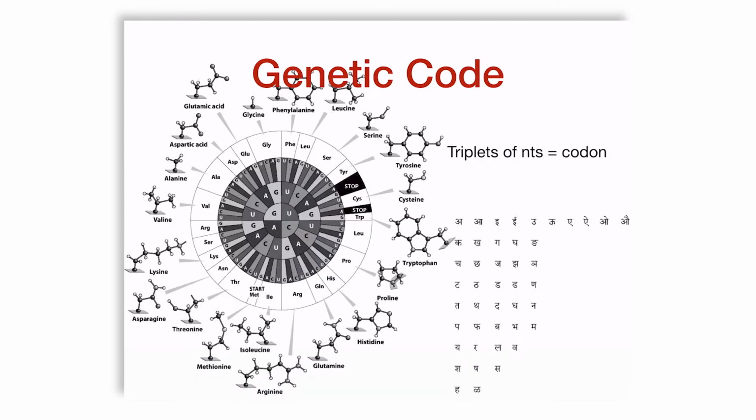The amino acids are connected to the genetic code through this beautiful representation, the codon table. As we go from inside outwards, for example, the start codon methionine is AUG, and many of you studying molecular biology know this, AUG. You can also find AUA, AUC, and AUU producing isoleucine.